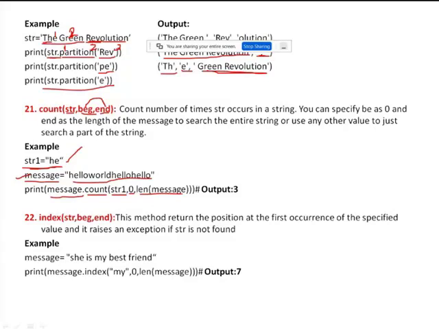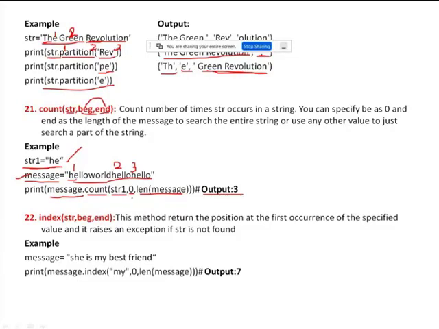So how many occurrences are there? 3. This is the first occurrence, this is the second occurrence, and this is the third occurrence. So the total count is 3. Output is 3.